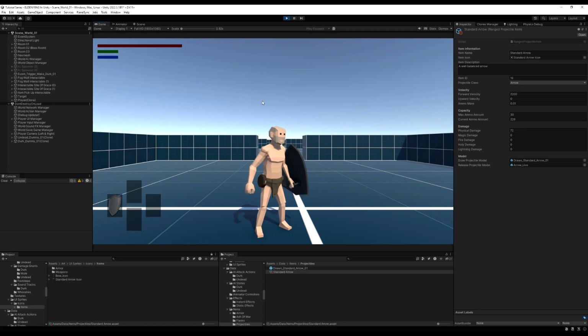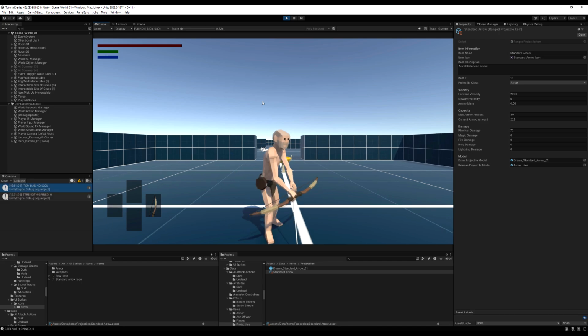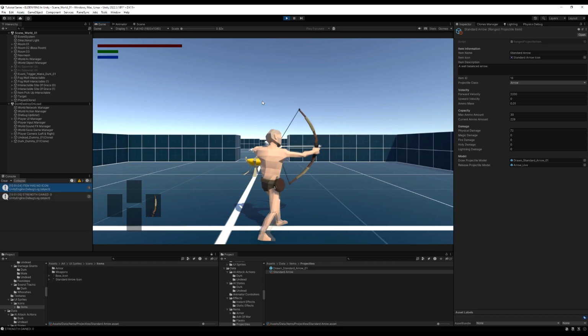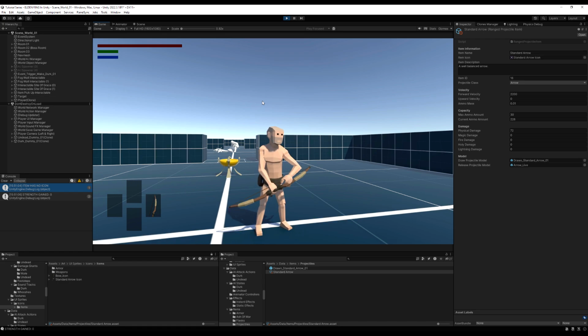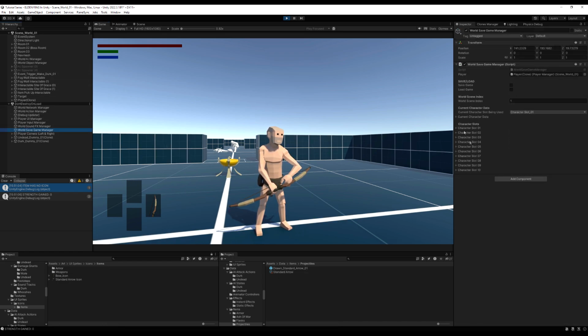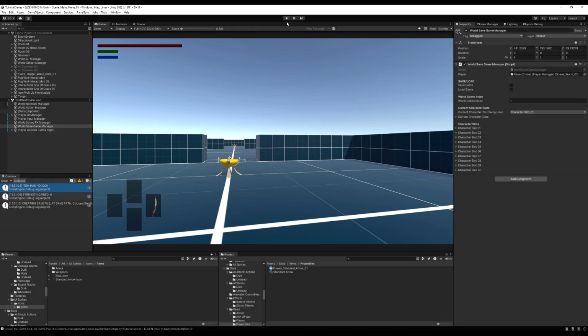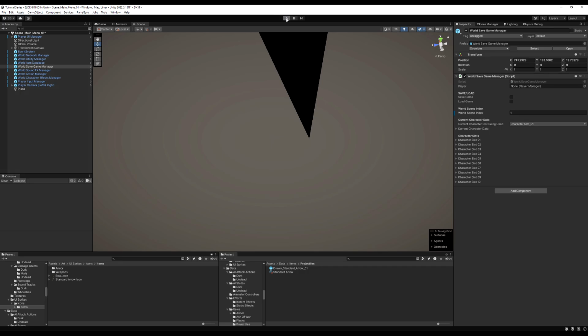So I'm going to equip the bow before I save the game. I'm going to two-hand it. I'm just going to shoot one actually real fast. So 229, 228. Yeah, working cool. All right, now I will save. So go to my world save game manager and save. And now if I close out the game and close back in or log back in real fast,